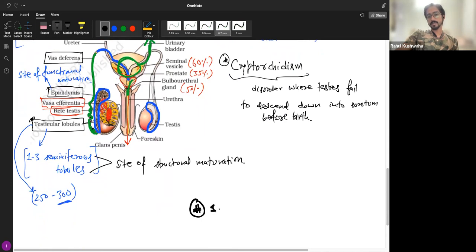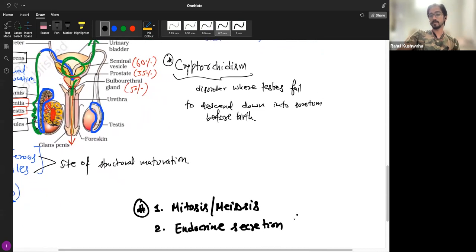One is you have to revise mitosis and meiosis. This was in your class 11th, right? Cell division. And the second thing is you have to revise the endocrine secretion